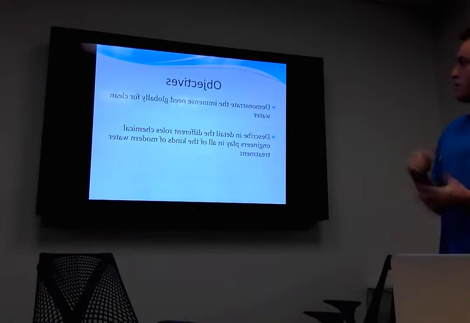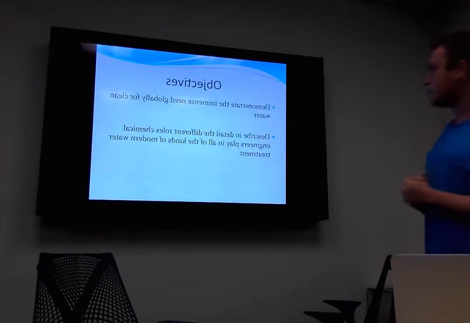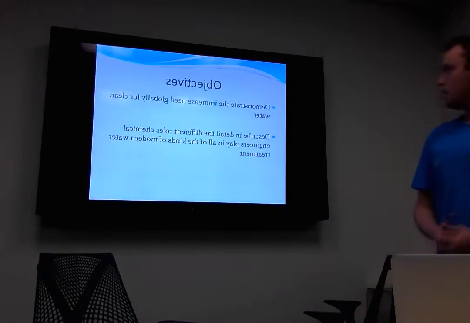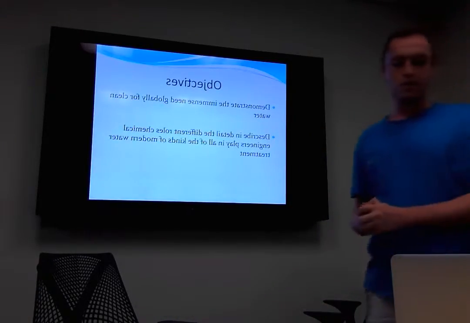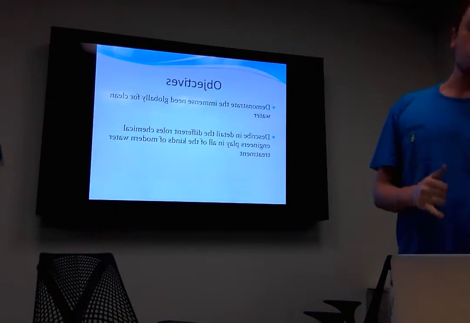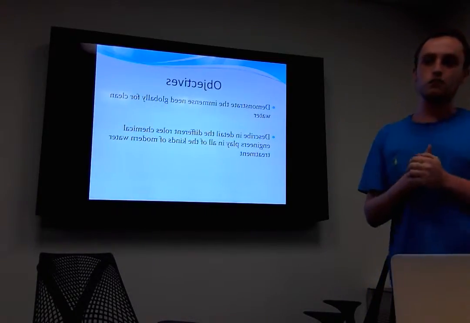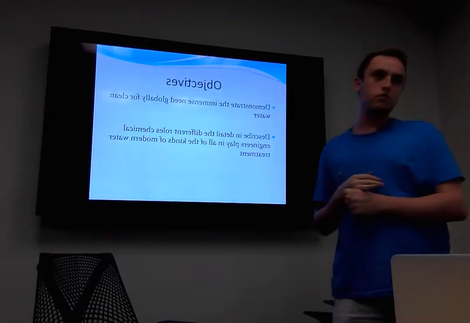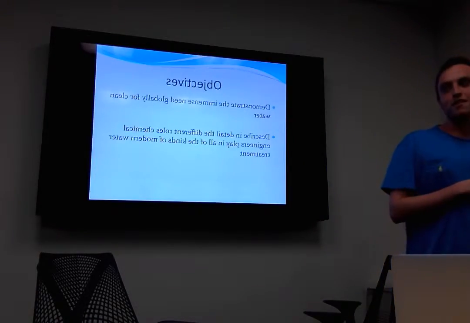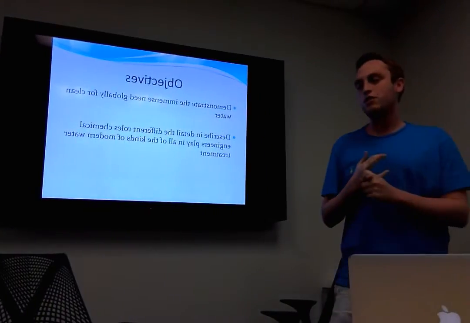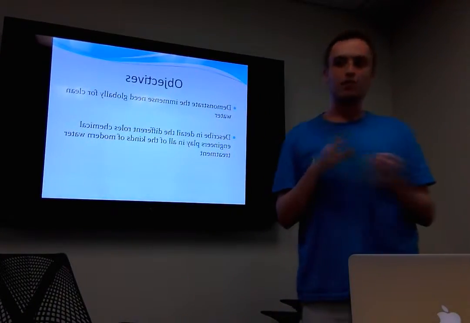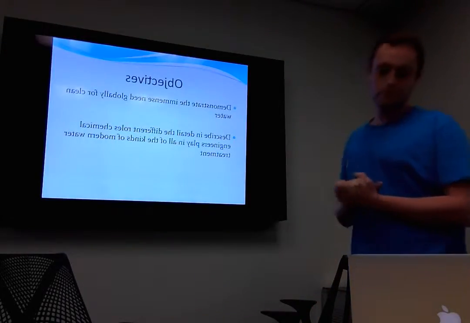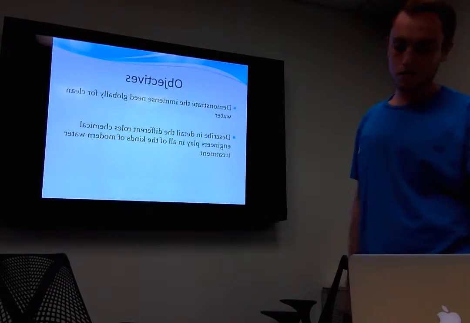And then after that, I wanted to describe in detail the different roles that chemical engineers play in each of those processes that treat water that we use today. And there's a couple of them. There's distillation, like the distillation columns she talked about earlier. There is reverse osmosis, which we learned about in PChem this semester. There's UV treatment, and there's chlorine purification. Those are four of the main and most popular types of water treatment that people do nowadays.